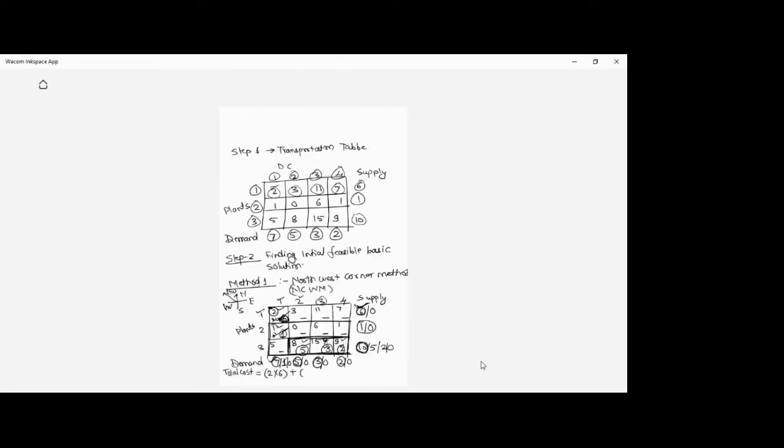here we have unit cost as 1, so 1 into the supplied milk, which is 1, plus the unit cost is 8 here, 8 into 5, plus 15 is the unit cost, 15 into 3, plus 9 is the unit cost, 9 into 2. Addition of all this, you'll be getting the answer as